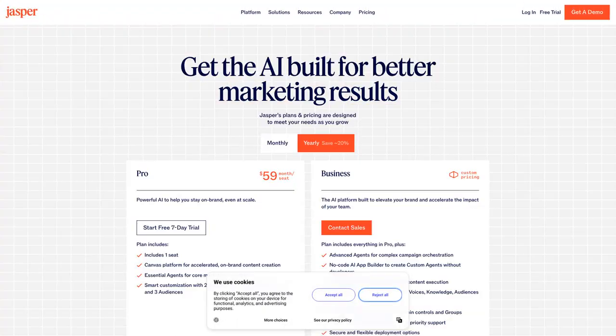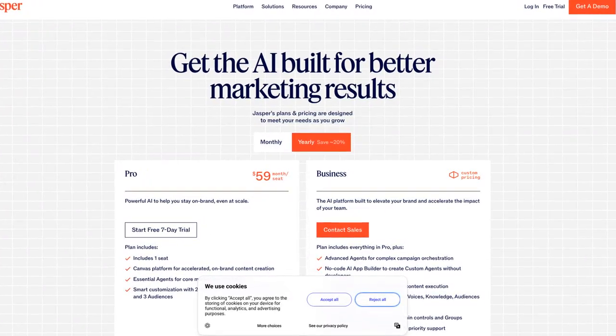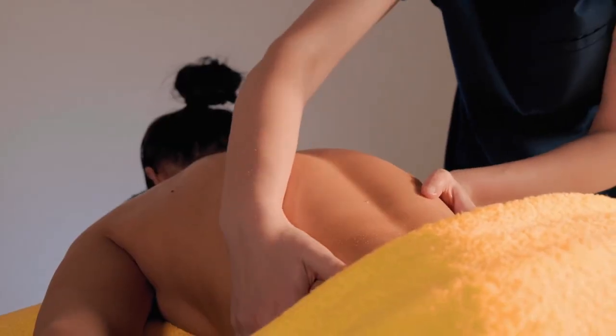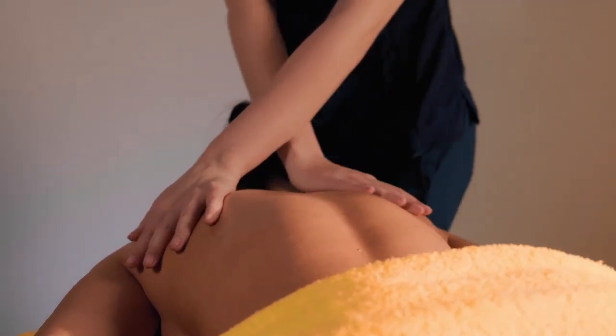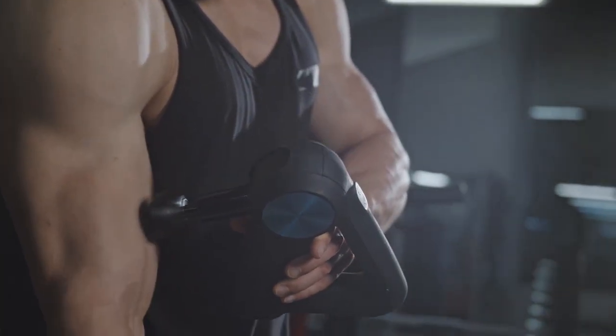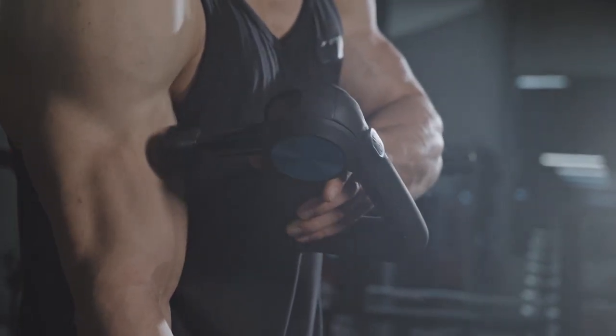For example, you can use Notion to log your sleep and track your progress over time, identifying areas where you need to improve and making adjustments to your plan as needed. By using Jasper and Notion together, you'll be able to create a comprehensive fitness plan that includes workout, nutrition, and recovery advice, and make data-driven decisions about your fitness journey.